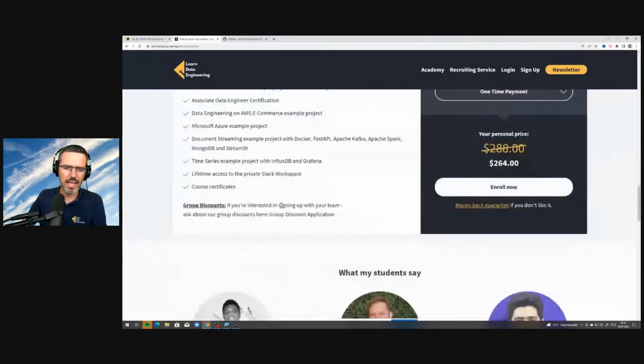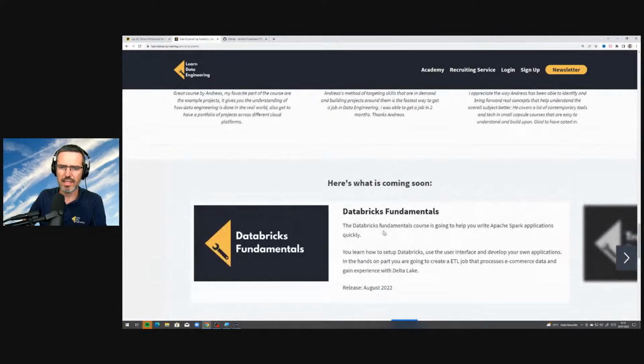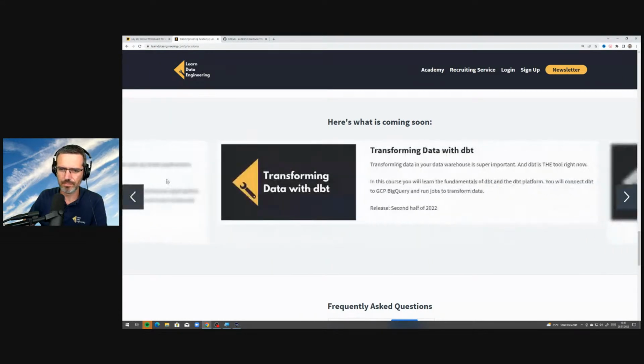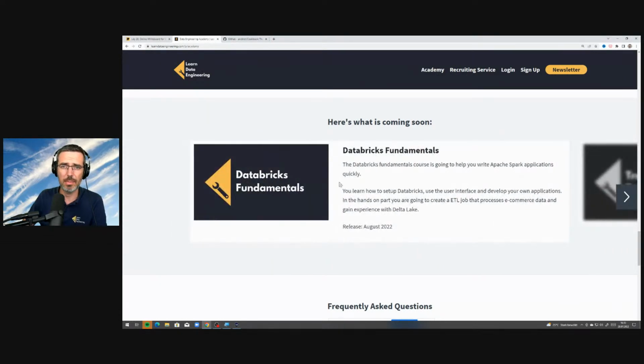What's coming next is a Databricks fundamentals course. We already finished, almost finished the coding for this. This is going to be an introduction course so that you feel comfortable going into Databricks and working with Databricks, because Databricks is also one of these tools out there that are very popular and important because they are so cloud independent.